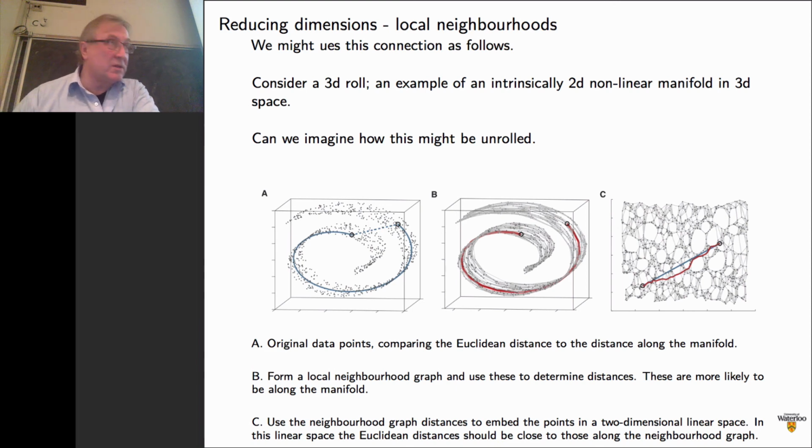So if you've got those distances, the distances between every point on the manifold by following the manifold, use those distances, I can get a Gram matrix and figure out, can I now get a Euclidean space in our principal components where points that were close to each other on the manifold are close to each other in the Euclidean space. Points that were far from each other on the manifold are far from each other in the Euclidean space